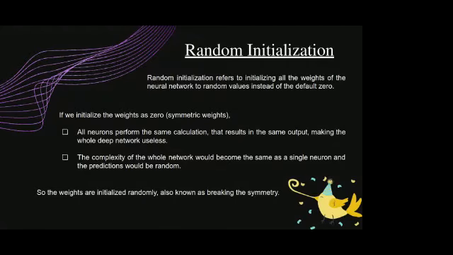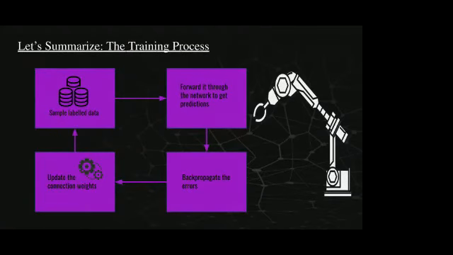So after we have completed the whole forward propagation and backward propagation process, that is, going through the network and back again, telling the neural network what is wrong with it, we move on to the summarization part. We will summarize once what happened. Ash will take over from here.